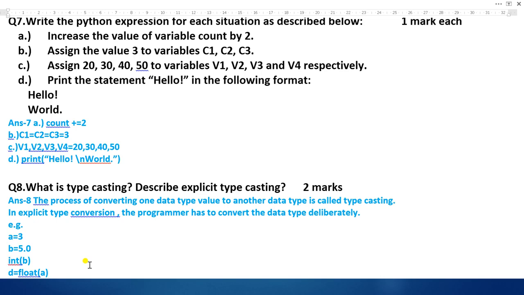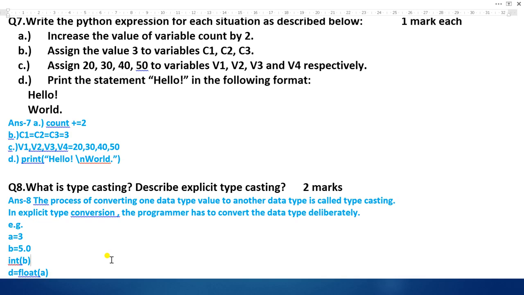Here is the example. The value of A is 3 and the value of B is 5.0. Here int B, now the value of B has changed from float to int, and D is equal to float A. Now the value of E is integer, so it will change to a float value. This is the answer of the 8th question. I hope these questions are clear to you.